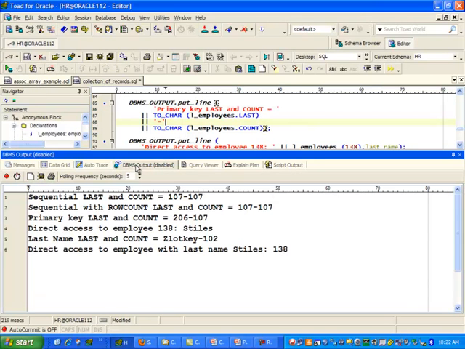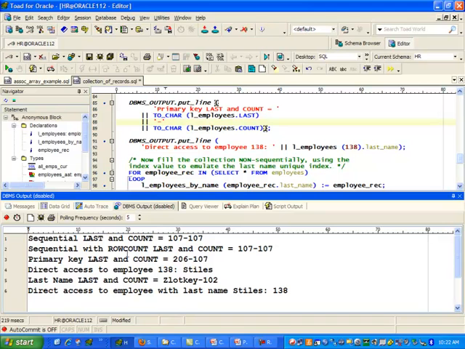So I run my script, and here's what I see. First of all, I filled my collection sequentially in two different ways. One was with count plus 1, and one was with row count. And as you can see, in both cases the last and the count are the same. There are 107 rows in the employees table, so the last index used is 107, and the count is 107